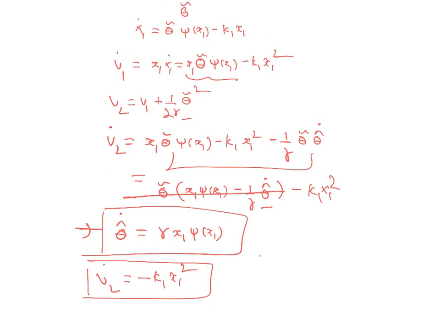So I can rewrite my u again. u equals minus theta hat phi of x1 minus k x1, right? Now where does theta hat come from? By solving this equation. It's a theta hat dot, right? So if you integrate it, it's not a function of actual theta. Anything is not a function other than the controller. That's the magic here. So you start theta 1 hat with some initial condition, any initial condition,